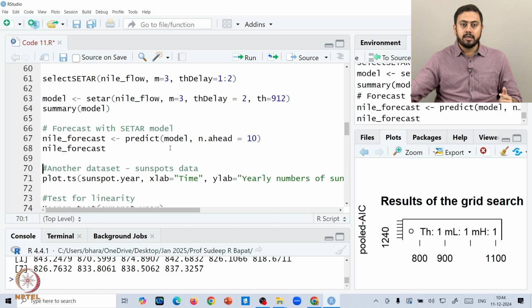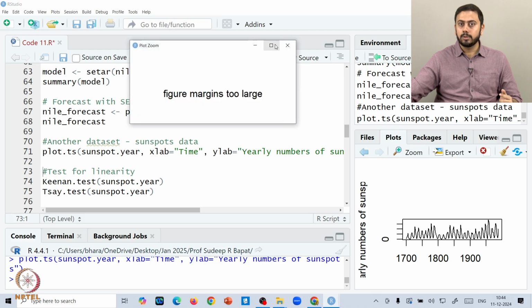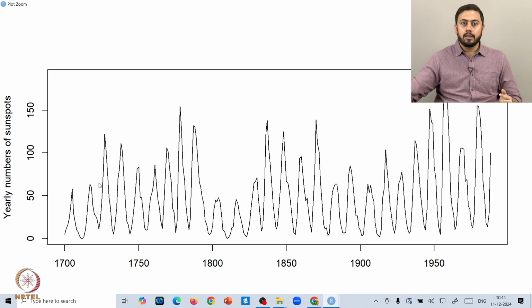Okay. So, again here we will make use of the sunspots data. I will show you the plot of the data first. So, plot.ts of sunspot.year, and this is exactly how the sunspots data looks. Let me zoom in. Okay, and here you can clearly see that there might be a very slight, slightly upward trend, but again you can see some seasonality, or rather some cyclicality here. Okay, so again these are some of the features that one should always keep in mind when you see any time series plot.